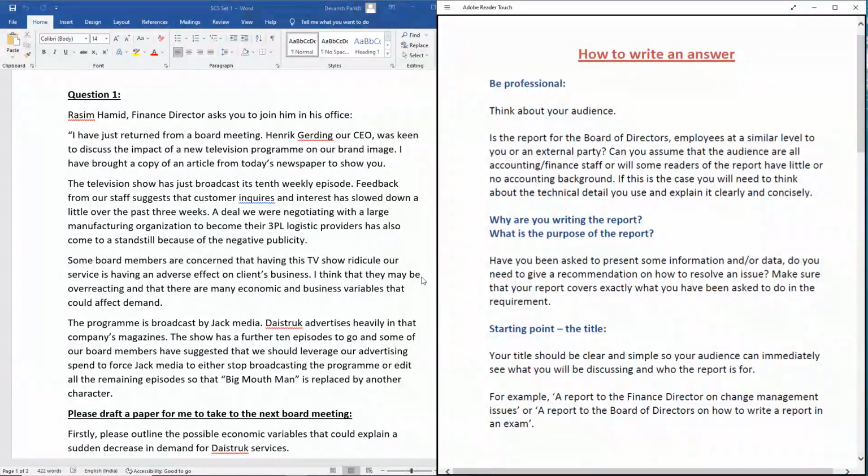So these first 2 steps I call the planning stage. And for planning, I ask,